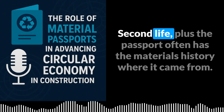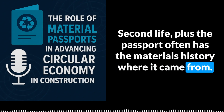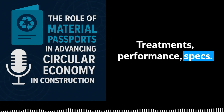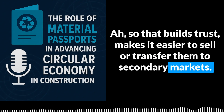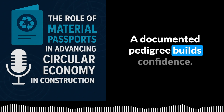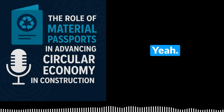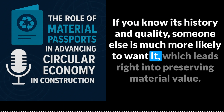and their potential second life. Plus, the passport often has the material's history, where it came from, treatments, performance specs. So that builds trust. Makes it easier to sell or transfer them to secondary markets. It's like giving reclaimed materials a documented pedigree. Builds confidence. That makes perfect sense. Yeah. If you know its history and quality, someone else is much more likely to want it, which leads right